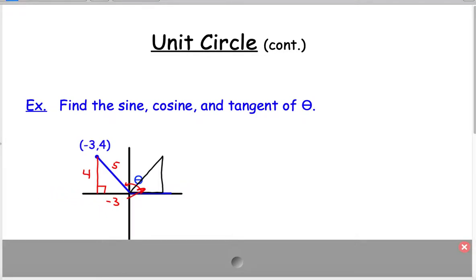Finding the sine, cosine, and tangent of this angle here, which happens to be the supplement of the theta we're